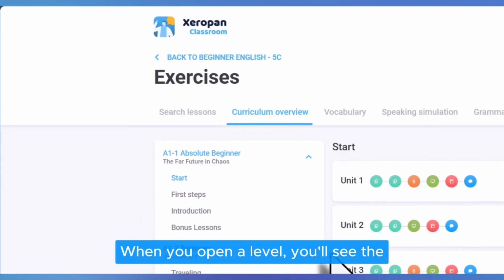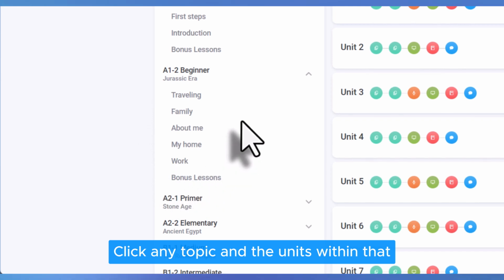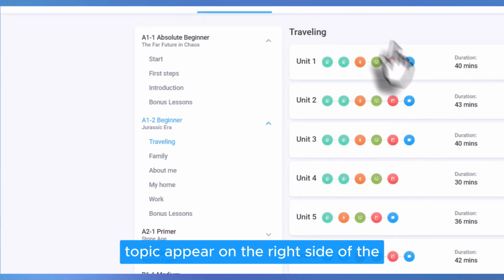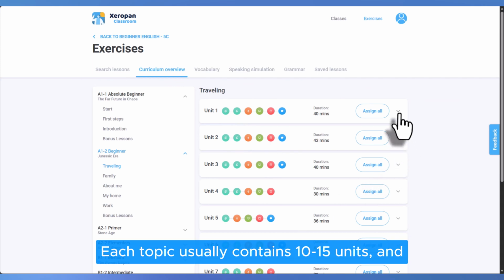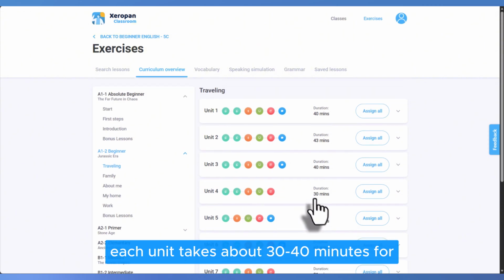When you open a level, you'll see the list of topics within that level. Click any topic and the units within that topic appear on the right side of the screen. Each topic usually contains 10 to 15 units, and each unit takes about 30 to 40 minutes for a student